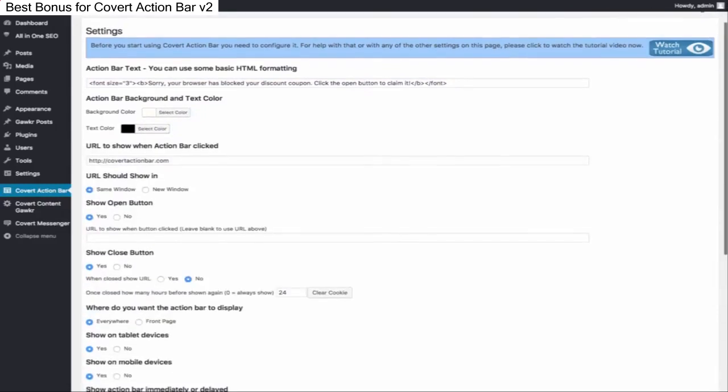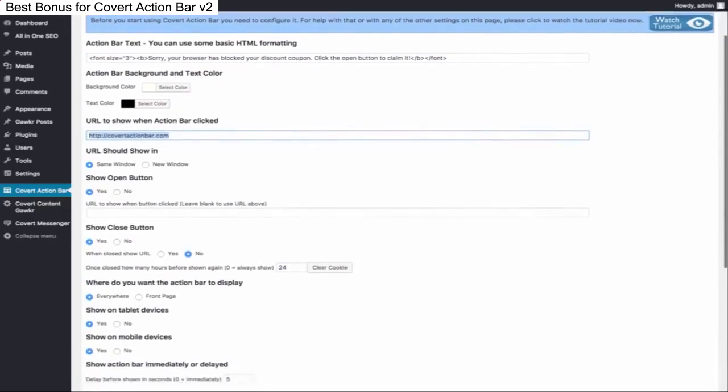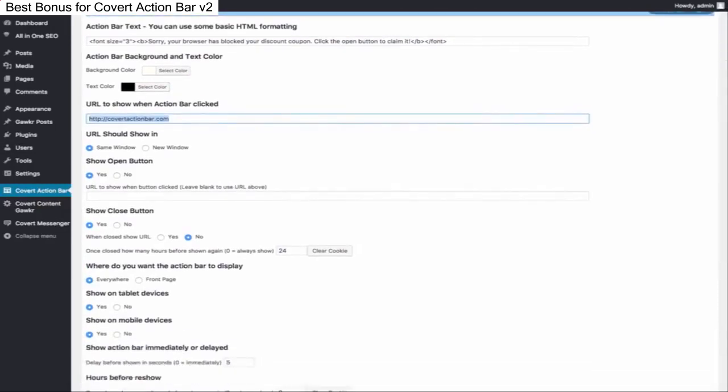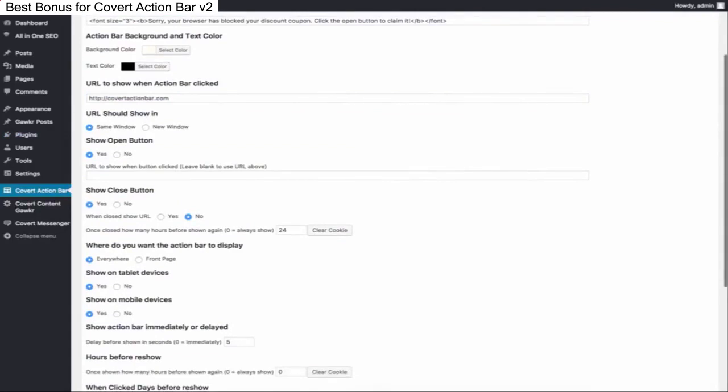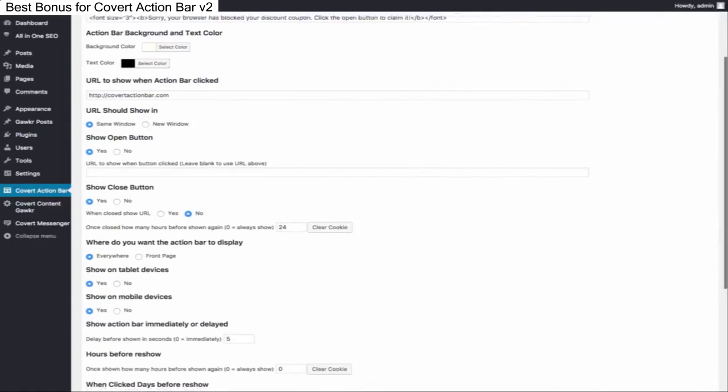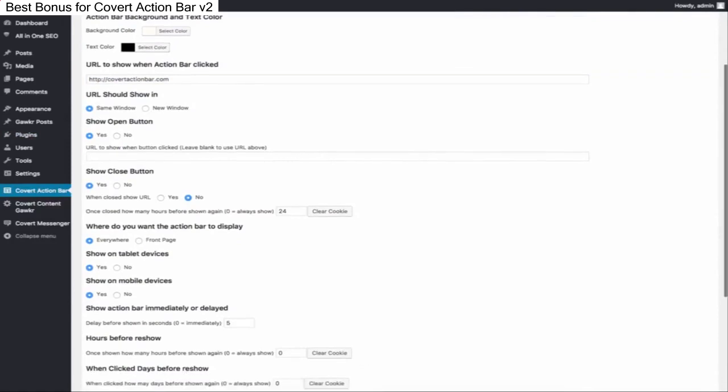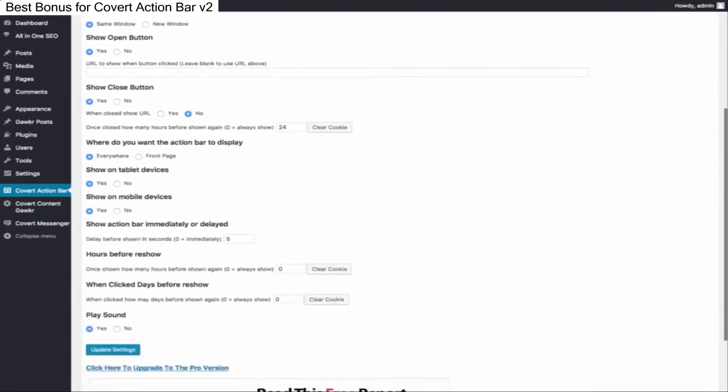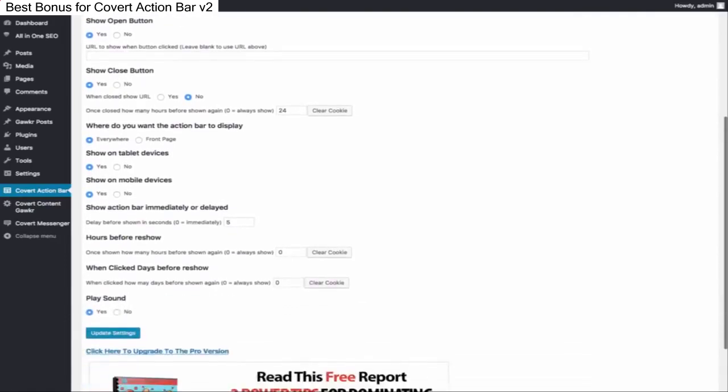and the same for the font color. You can set it to link to any site you want when they click on your CovertActionBar. This could be to an affiliate link, to your own site, to a squeeze page, to whatever you want. You select whether you want them to go to a new window or to have the link open in the same window when they click it, whether you want to show an open button or not, and I'll show you that in a bit, and whether that should go to a different link or to the same link as this one up here. And then you have lots of other settings for whether it should be a close button on the bar ad or not,